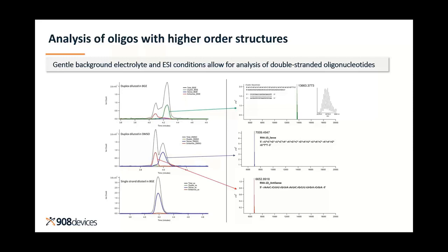Lesser amounts of the sense and antisense strands were also observed in the sample, and that suggested that these strands were probably present in the sample itself. In the next experiment, the same sample was diluted in DMSO this time to chemically denature the duplex, and then it was loaded on the ZipChip. And this time, strong peaks for sense and antisense strand were observed, with very little duplex. And this data clearly indicates that the duplexes can be very easily analyzed using the ZipChip platform without significant changes